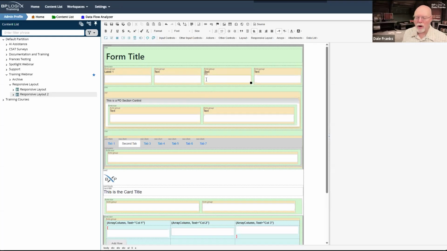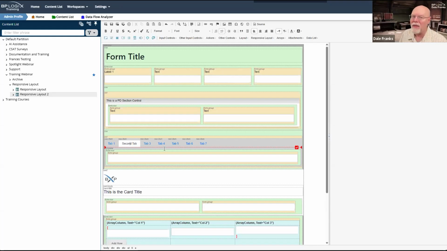As long as you realize that 95% of what you're going to do is dropping in a form row and then however many form groups you want on each row, then you're going to go down one row and drop in another form row and throw in your form controls there. You're pretty good to go.